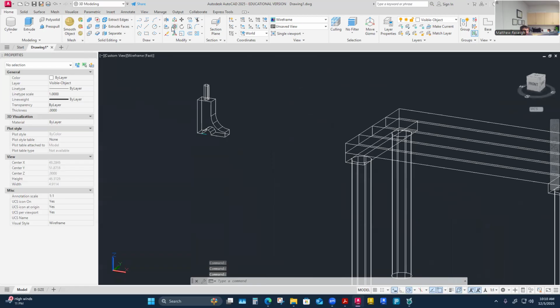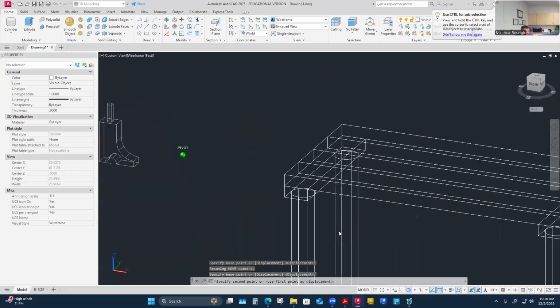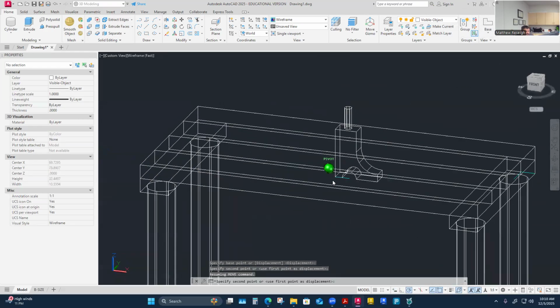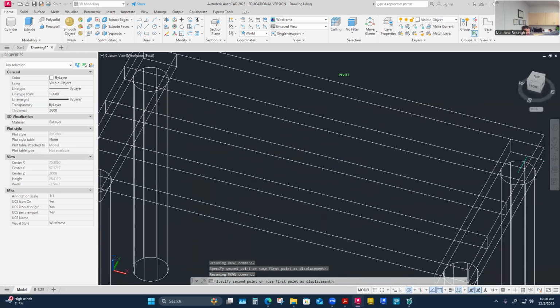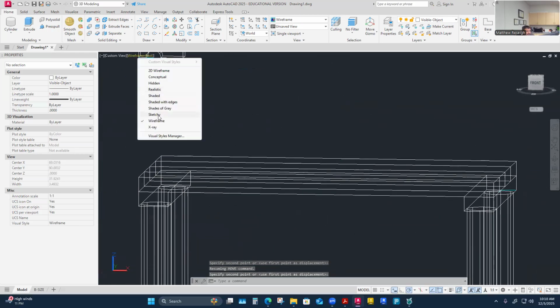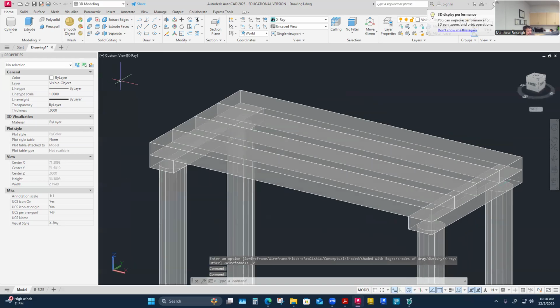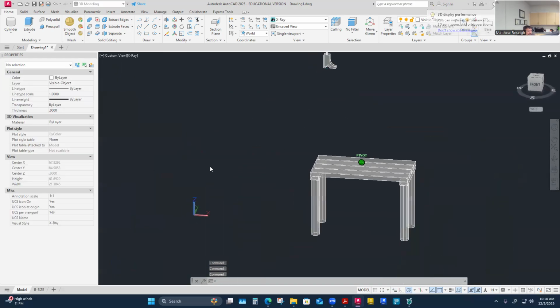But now if I say move this, by maybe that point again. And then if I come up to here, sometimes it's easier to see which one, maybe it's not any easier to see. Actually, it's maybe worse. Maybe the X-ray might be better or something. Yeah, that might be the better one. It gives you a little bit of a 3D look. And then if I'm going to move that thing,